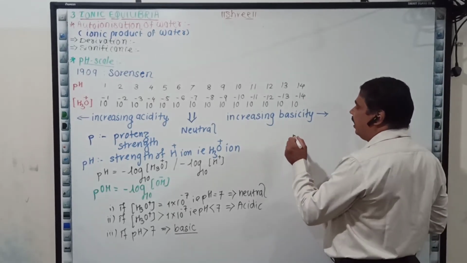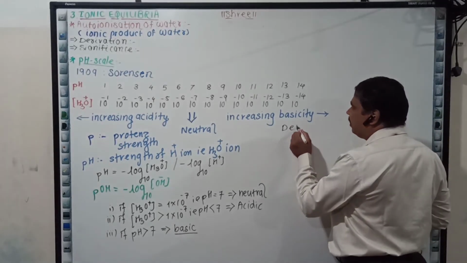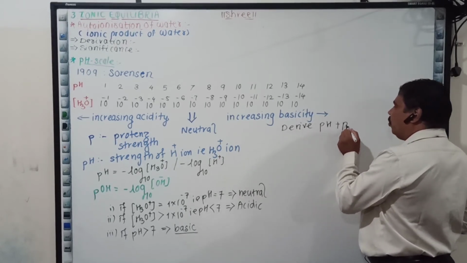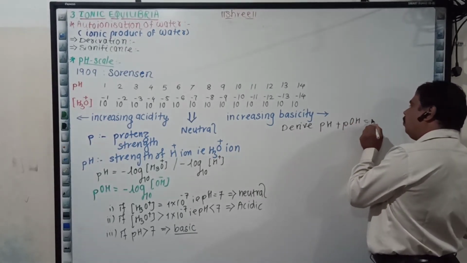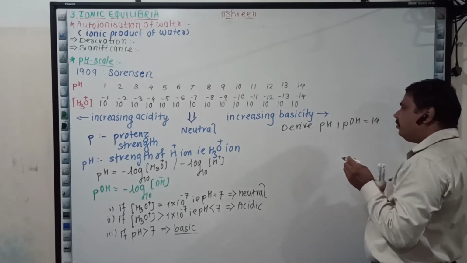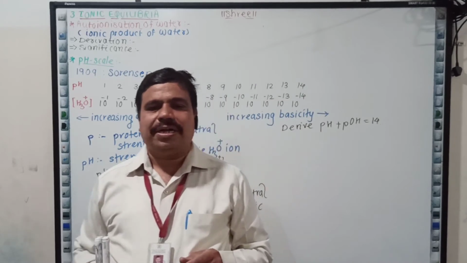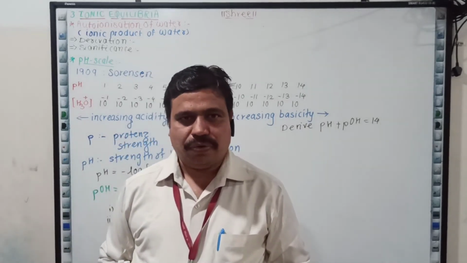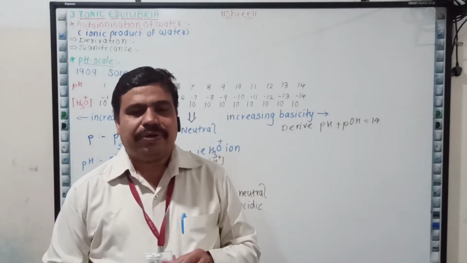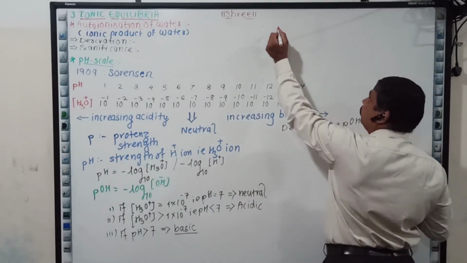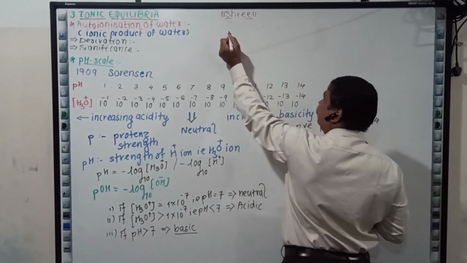कोणतं बरं डेरिव्हेशन आहे असा प्रश्न फार वेळेस विचारला जातं. डिराईव्ह pH plus pOH is equal to 14. Derive the expression pH plus pOH is equal to 14. Okay, now we derive equation. पहिला पॉइंट विद्यार्थी मित्रांनो या ठिकाणी पासून सुरुवात करूया आपण. पहिला पॉइंट